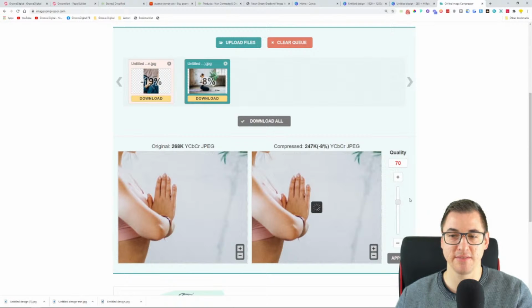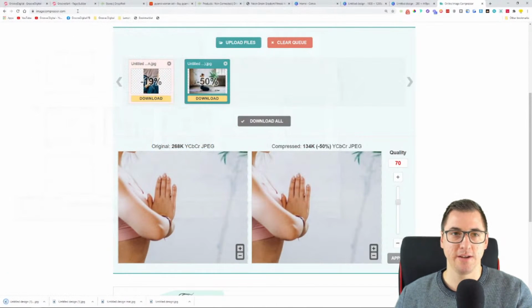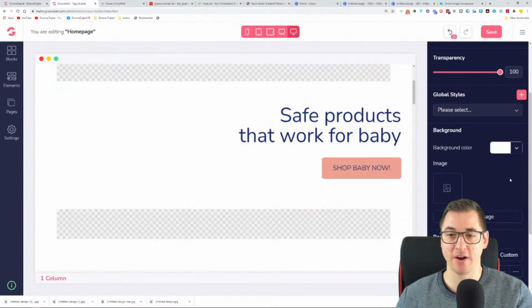So let's just put it on 70% quality. It will be losing a little bit of quality, but it's not that big of a deal. Now, as you can see, we cut the actual file size by half. So once we apply the changes, we get the download. It is actually 50%. We get the download link. We can come back into GrooveKart and change the background image over here,